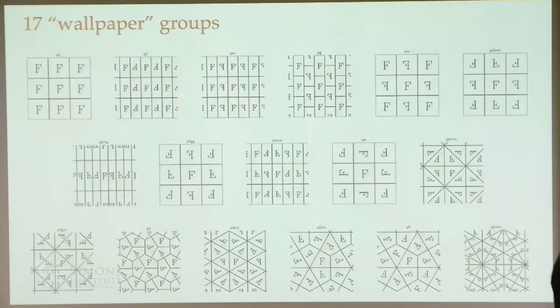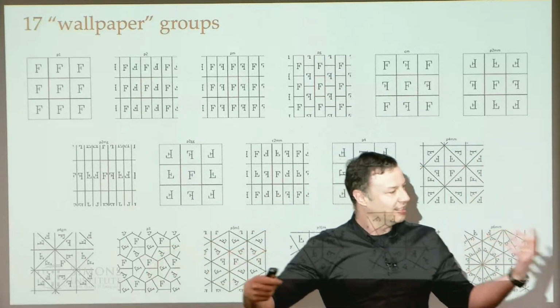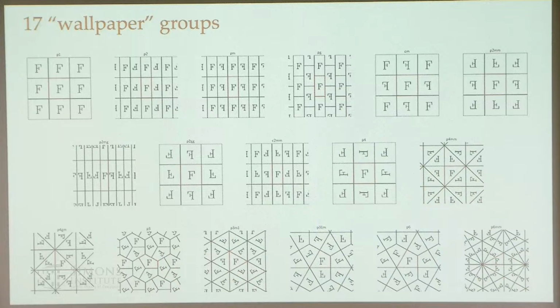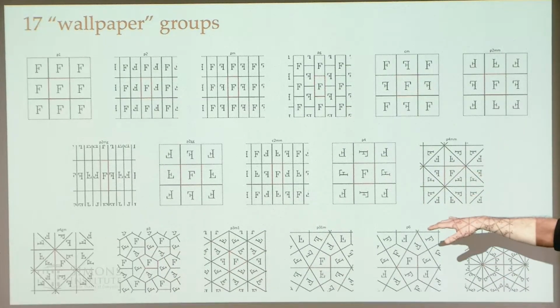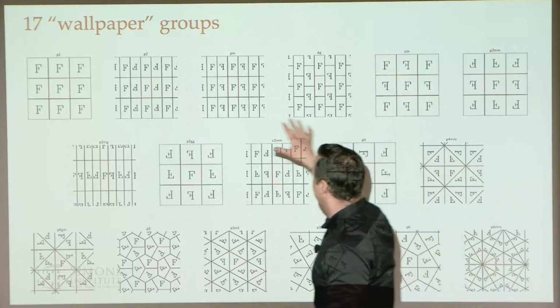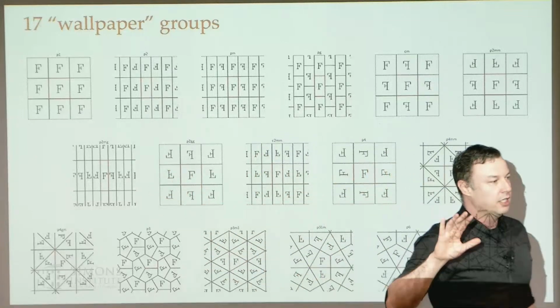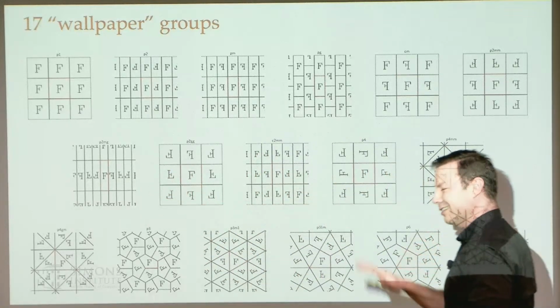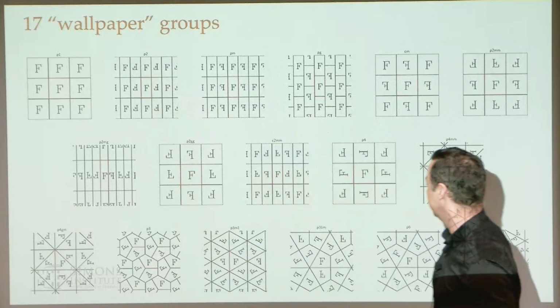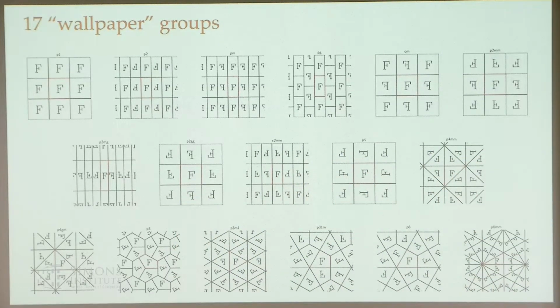Escher made these woodcuts of 16 of the 17 so-called wallpaper or plane groups. These 17 groups are all the ways that you can tile the plane with a single shape. That shape isn't unique and so on, but really these are subgroups of the isometry group on R2. You can think of a set of operations: translation is the main one, but also reflections, rotations, and glides, which are reflections and translations simultaneously. When you do that, you get all of these different groups.